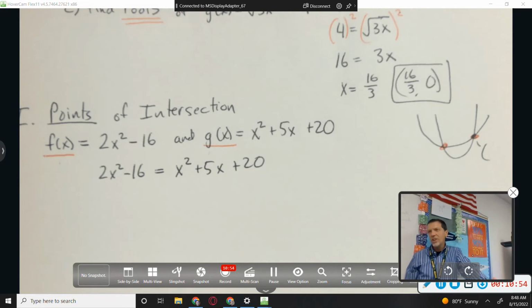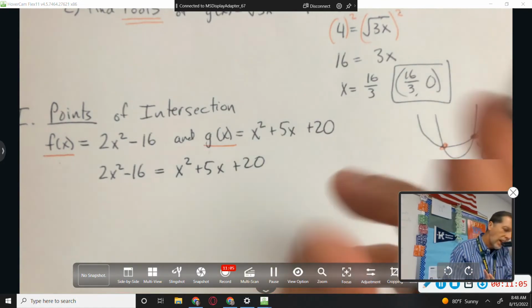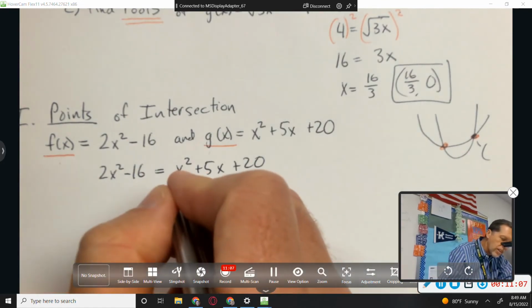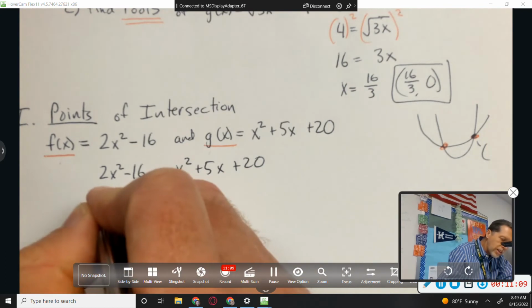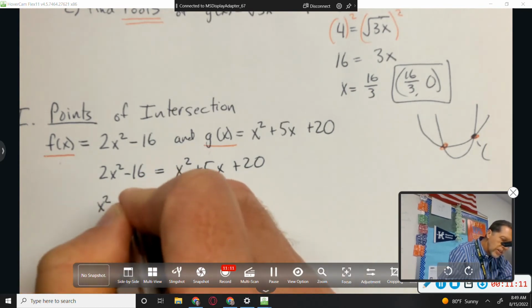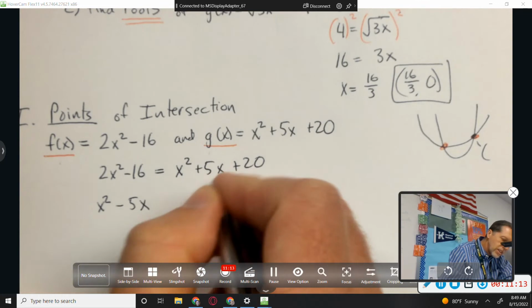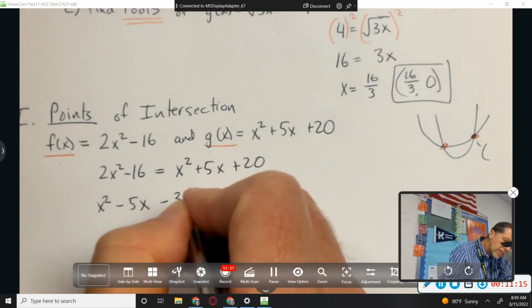Again, we're just solving. It's a quadratic because there's an x squared. That means I won't be able to get x by itself, so I need to move everything to one side and hope that it factors. So subtract the x squared over, subtract the 5x over, subtract the 20 over,